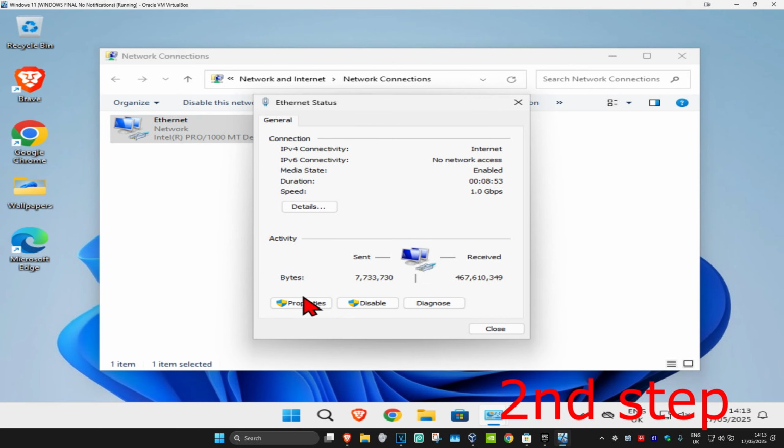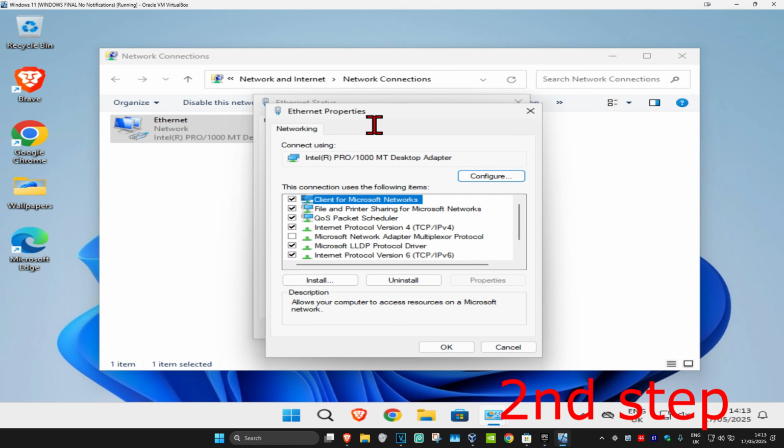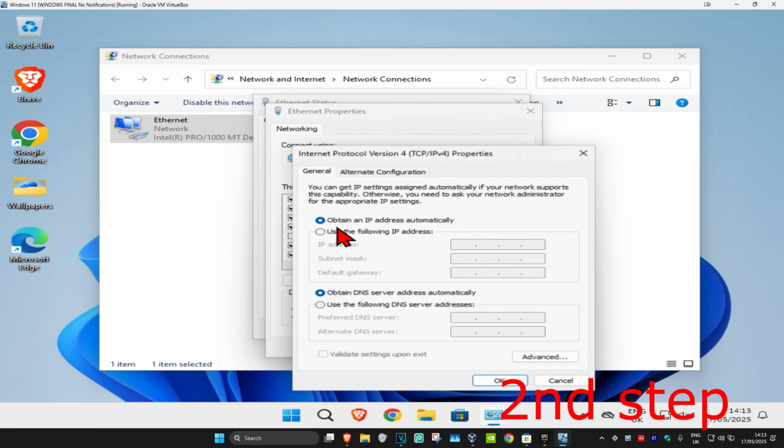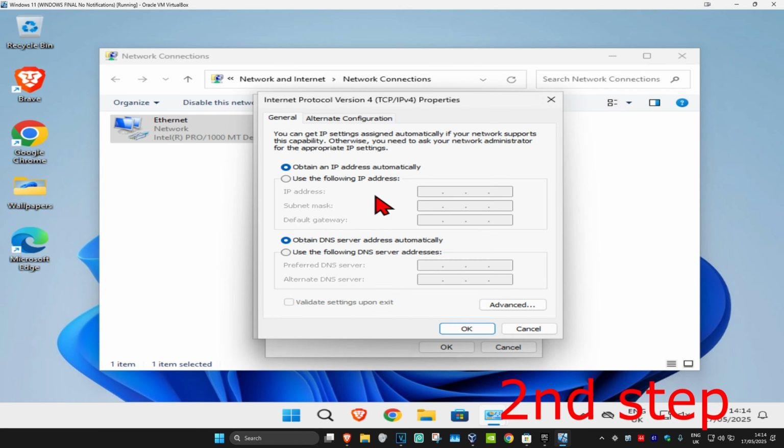And then click on properties. And then click on Internet Protocol version 4. And now once you're on this, make sure that you have obtain an IP address automatically selected. And now under it, you want to select use the following DNS server address. You want to make the first line 8.8.8.8 and you want to make the second line 8.8.4.4 and then click